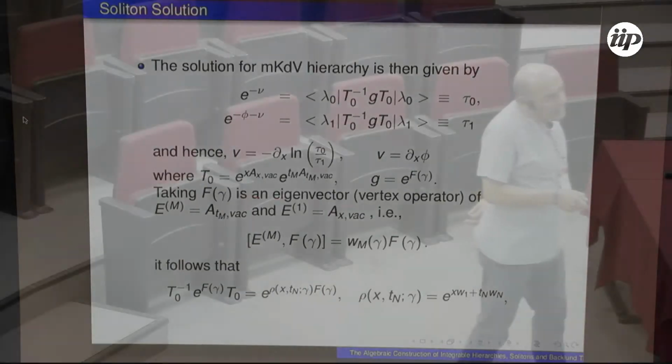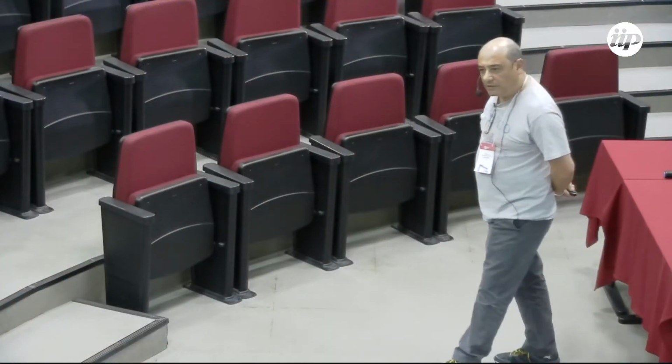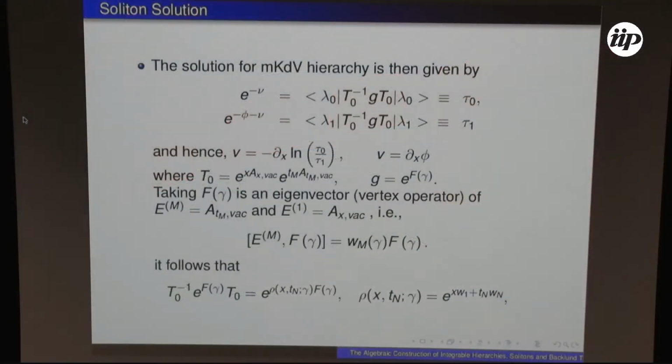And this phase has explicit space-time dependence with the coefficient, which is the eigenvalue. And this F is called the vertex operator. People from string theory know and calculate this vertex operator in terms of oscillators, called Fubini-Veneziano fields. So your solutions are given in terms of the choice of this G, and the choice of this G is written in terms of these vertex operators.